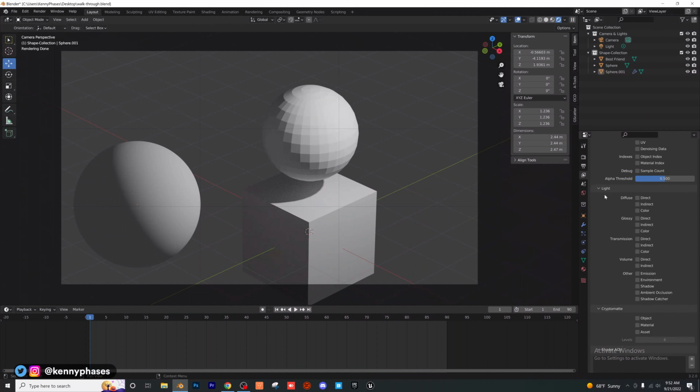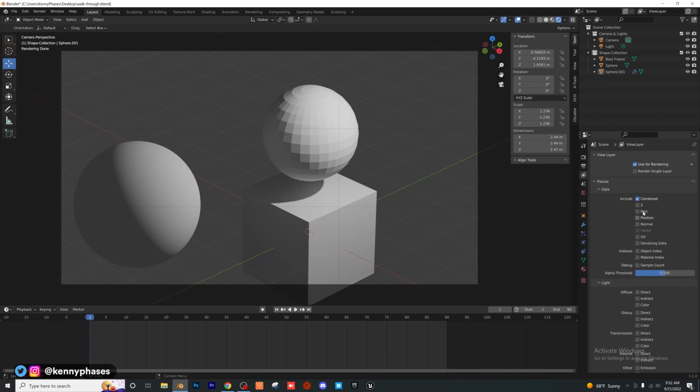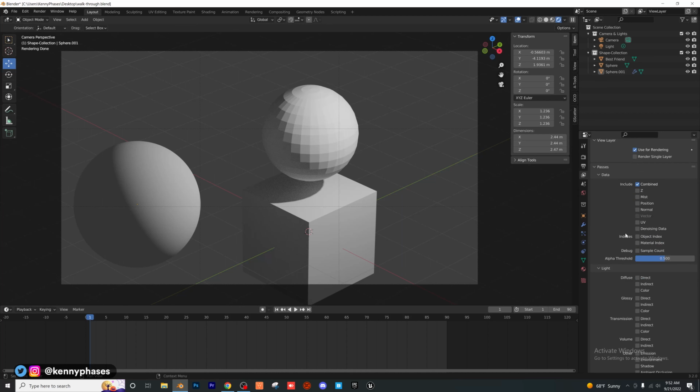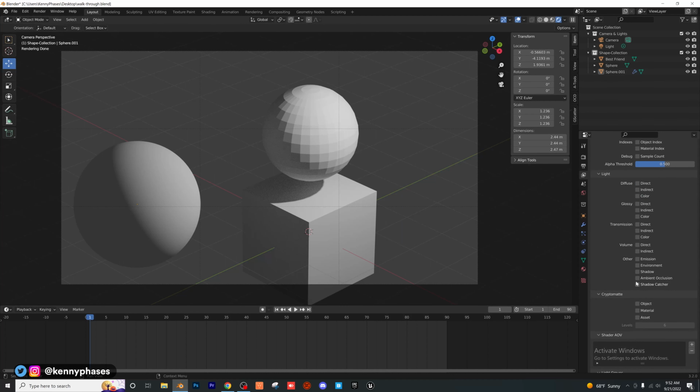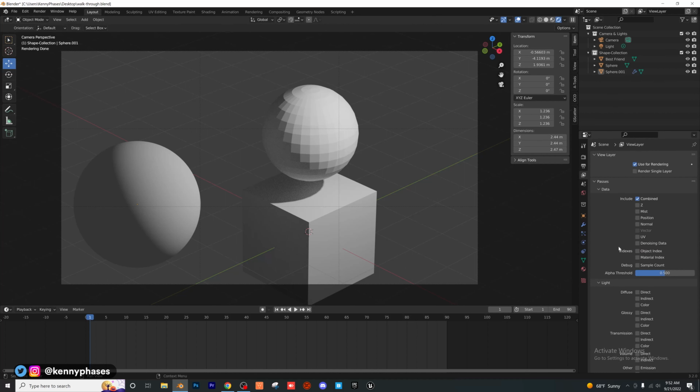Really, guys, I don't adjust much in here at all. This all has to do with your render and the types of data that you're outputting with your render. I personally barely use any of this. This is more complex, more advanced stuff that I'm really not going to get into, but it is here for you guys to mess around with. If you're really advanced in Blender, you can go ahead and search online what you can do with all of this stuff. It's way too complex for me to get into at the moment,